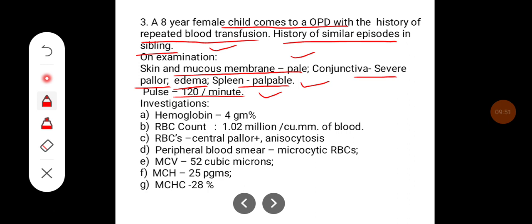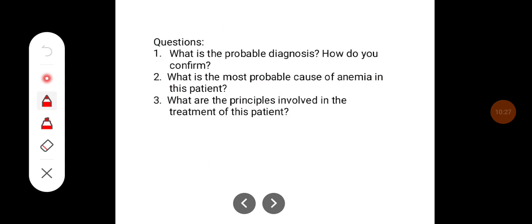So upon investigation, hemoglobin is very less, that is 4 gram percent. RBC count is less. There is a central pallor and anisocytosis, that is variation in the cell size. Peripheral smear shows microcytic RBCs. The MCV is less, that is 52 cubic microns. MCH and MCHC, they are quite normal, within the normal range. Okay, so in this case, the person is suffering from a hemolytic disorder, and the probable diagnosis is